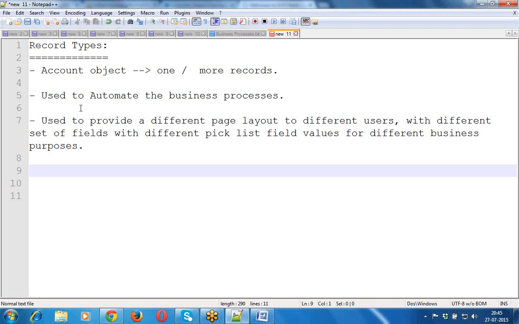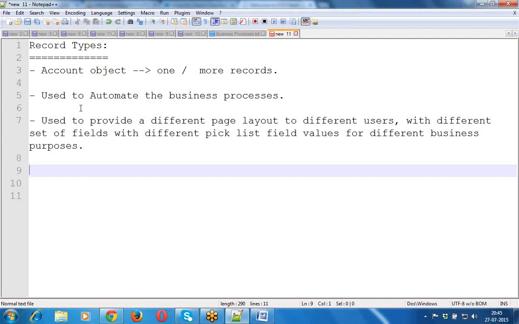But here I am also a customer, he is also a customer. But for that user they have given some different options, while for myself only some limited options are available. The user interface I get while logging into that application is different from that of the person logging into their corporate account, and the fields and pick list values in that user interface are also different from each other.